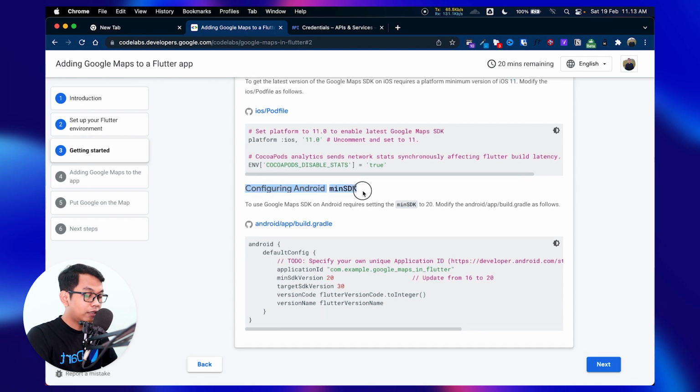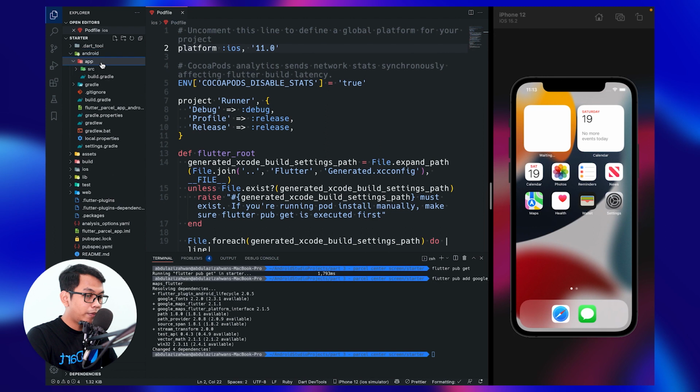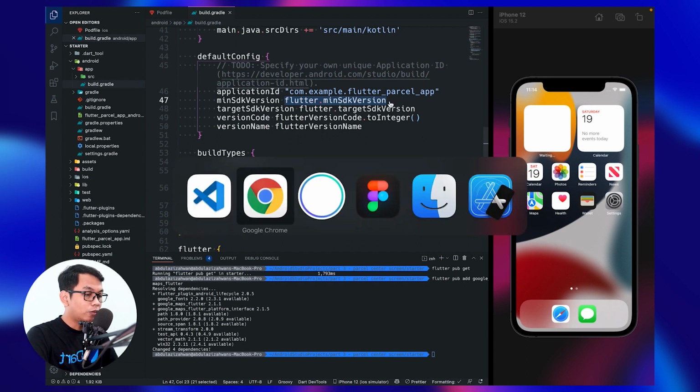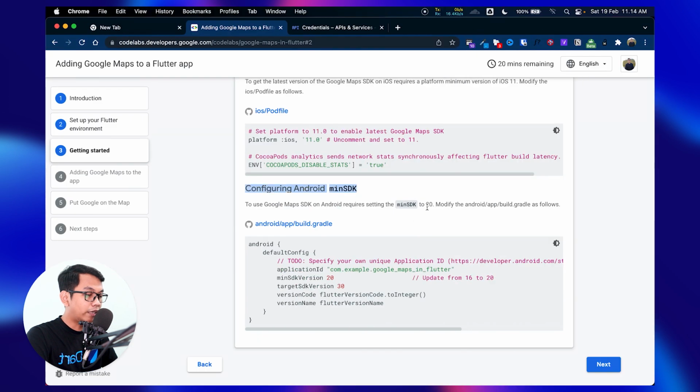For Android, we just need to open the Android folder, app, and then build.gradle. As we can see, the minimum SDK, as usual, Flutter now sets to 21, so we just need to modify that. But if your Flutter is not like this, you just need to change the minimum to 20, and just next.